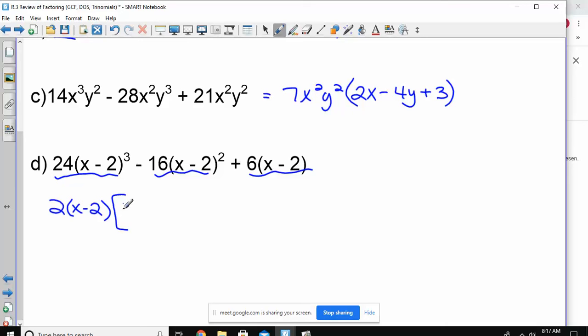24 divided by 2 is 12. I took out one of the x minus 2, so that leaves me x minus 2 squared. Minus 16 divided by 2 is 8. I took out one x minus 2, so there is 1 remaining. 6 divided by 2 would be 3, and I only had one x minus 2, so it's